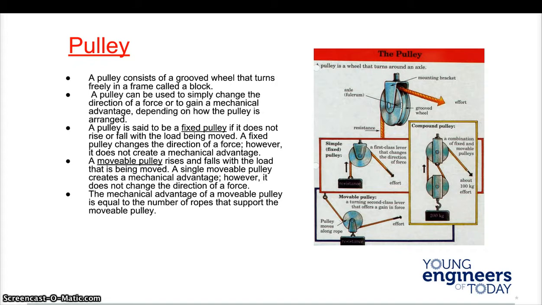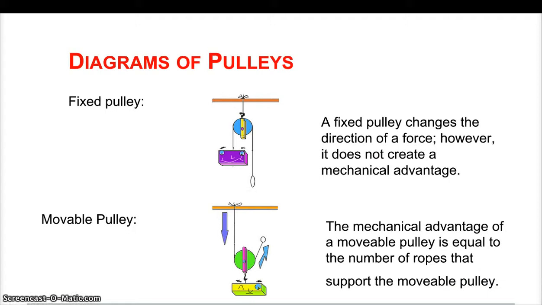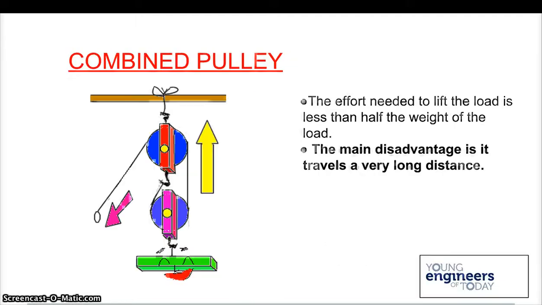The mechanical advantage of a movable pulley is equal to the number of ropes, and they get more complex. Compound pulleys are a mixture of fixed and movable. A pulley can be used to either change the force or gain mechanical advantage. Here are examples of both of these. There's a little bit more on fixed and movable, as well as